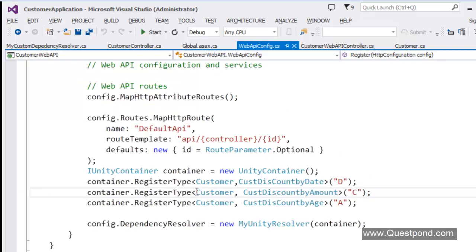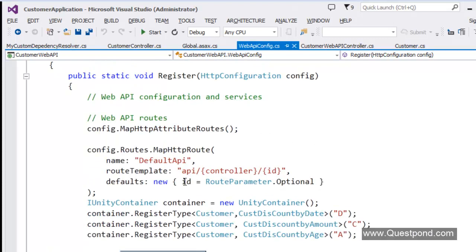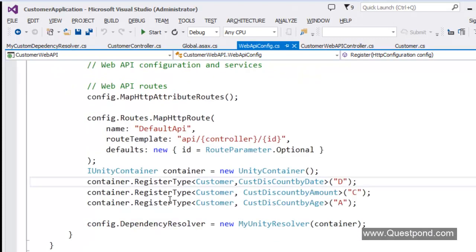Now for this kind of situational injection, dependency resolver is not useful, because this dependency resolver actually runs on the startup. So definitely it is not useful for situational injection. In situational injection, the injection varies depending on the request.